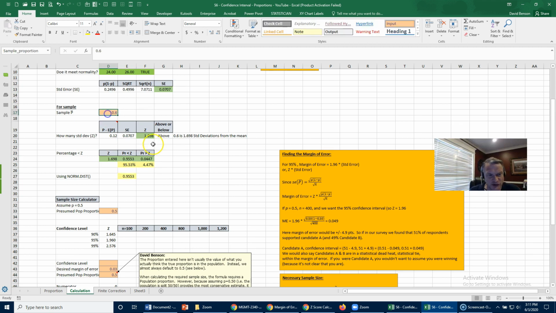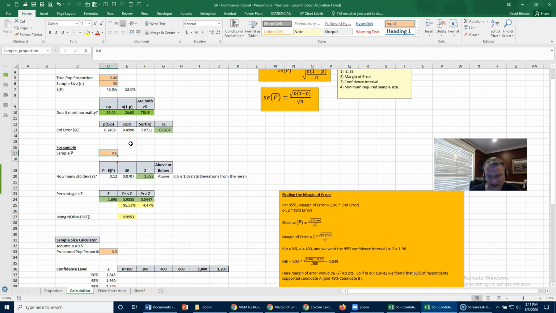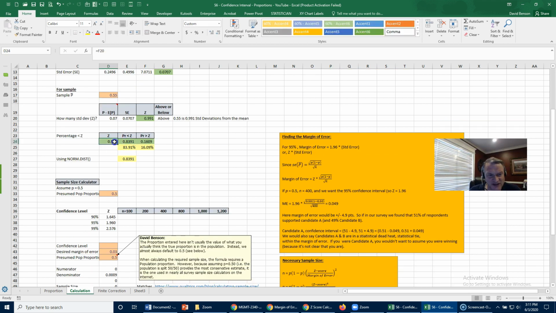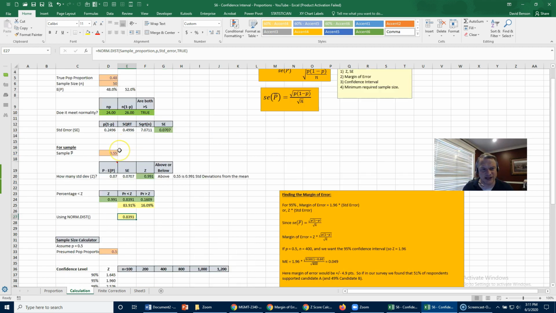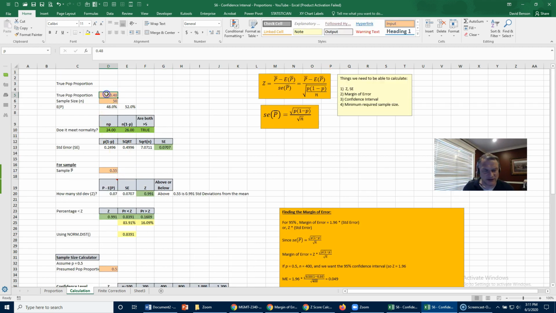So if they say, well, how many are less than 0.55? This way I'm doing it, I have to find the z-score first, and then what's the probability of finding a z-score this large? And then this one, it just says, you just tell me the population mean, the population standard deviation, our sampling standard deviation, which is this SE, and the sample mean,